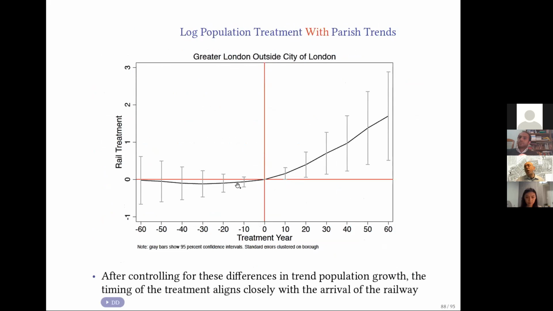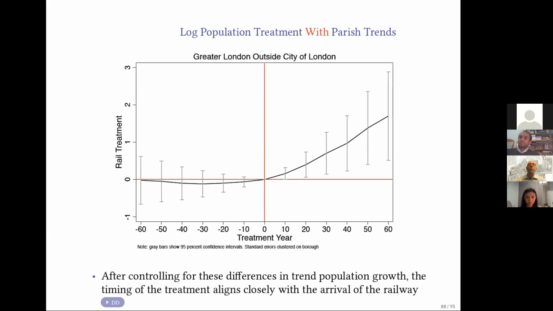So once we control for the fact that some places have higher trend rates of population growth than others, we don't find, at least statistically, that we can discern any evidence of anticipation effects. It is true that one feature of our estimates is that these effects of the railway continue for many decades afterwards. And so one thing you could think is that there might be some sort of dynamics